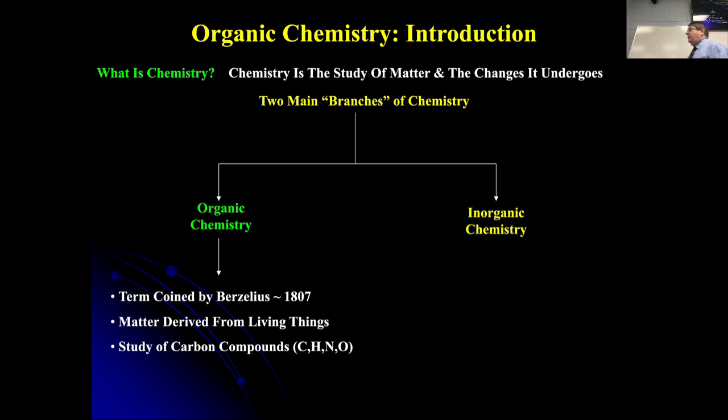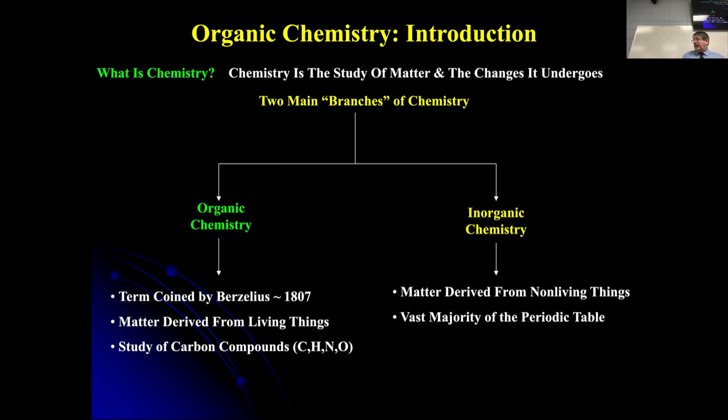There's the other branch of chemistry, which you largely learned in Chemistry 106, and for those of you who took 107, you learned mostly inorganic chemistry. It's the rest of the periodic table. It's stuff that's derived from non-living things. I say it's just rocks. Okay? All these rocks are there to support what carbon does. Okay? I am being a little facetious in that statement. I'm being a little funny, tongue-in-cheek. Of course, inorganic molecules are very important. You have to have certain vitamins and minerals for biology to work, right? You've got to have so much iron.